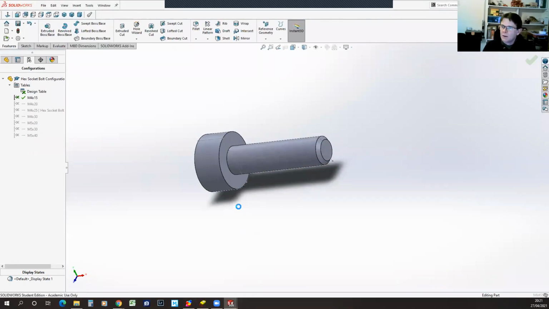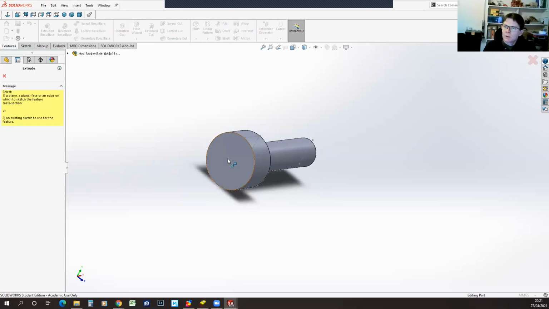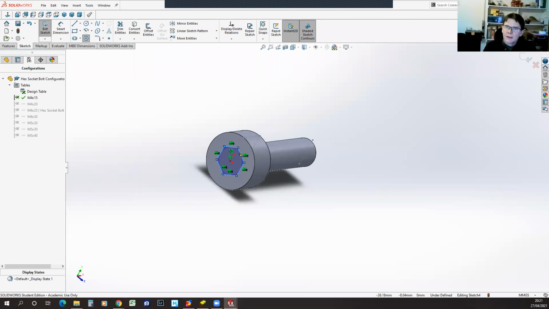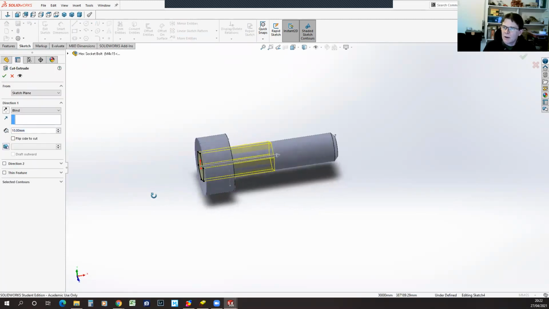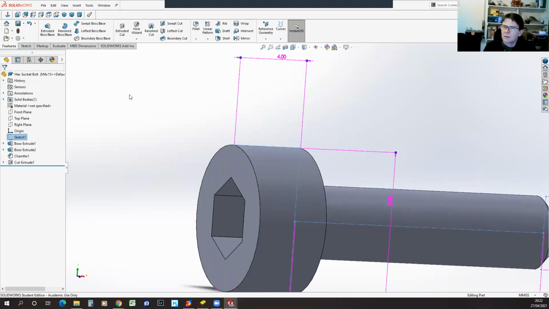It would be more critical if we're going to put our socket head into our screw, where we would be doing an extruded cut on that face. Nice hex socket for our Allen key. Now, there's two aspects to the hex socket. There's how big is the hex and how deep is the hole. And to keep things simple, I'm going to go back into this sketch and I'm going to add the information that I need